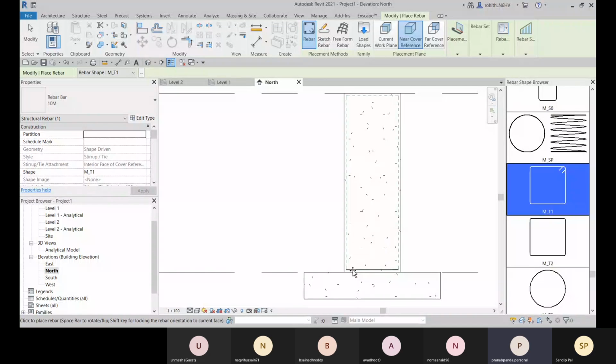Yes. From the bottom, from the sides, from all four sides, from top and bottom, we are getting the cover area, cover gap, cover space. So how you want to place it?